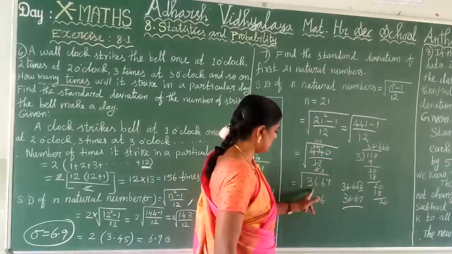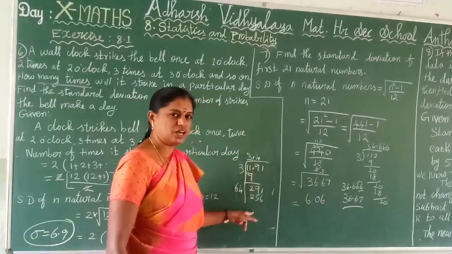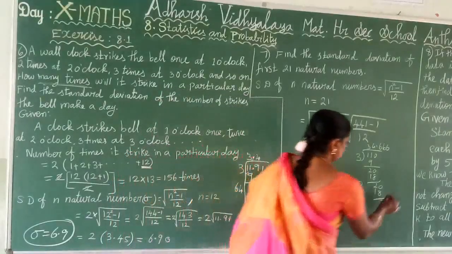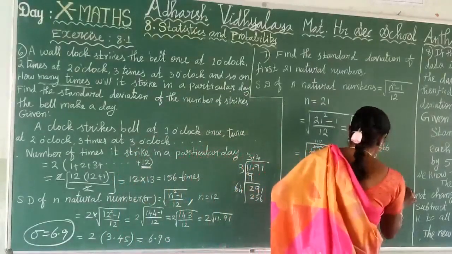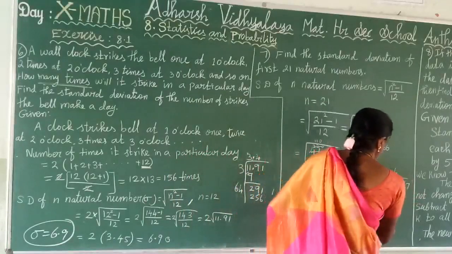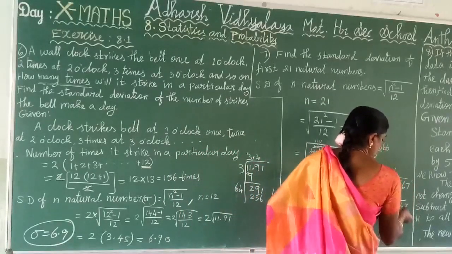Clear? So 36 point. And the same method we are taking the square root, using the long division method. 36.67. Is 36 a perfect square? Yes. So 6 6s are 36. And here bring down 2 digits. Here there is no number, 0 only. Here point, so here also point.